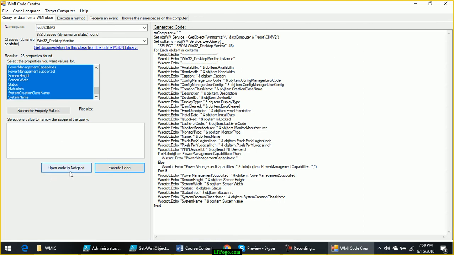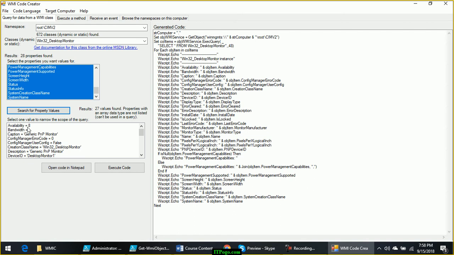Or you can open the code in Notepad. It will create a file. You can save it as VBScript and you can run it. Or you can search the values, and values will be displayed here under this. So we are not concerned about this code and other things. We are just looking at the structure here in a graphical way.